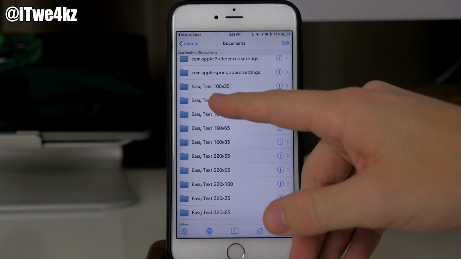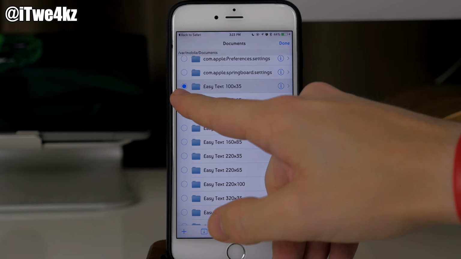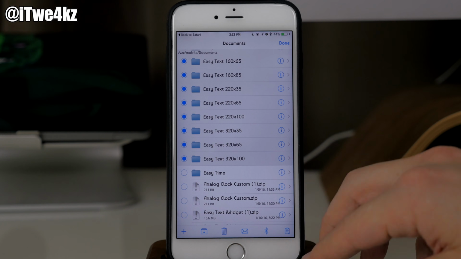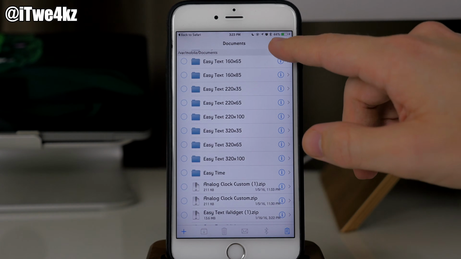So what you want to do is copy all these EasyText files. Just tap on Edit, tap on all of these EasyText files, and then over here in the bottom right hand corner, tap Copy. So you want to copy them, and then you're going to tap Done,